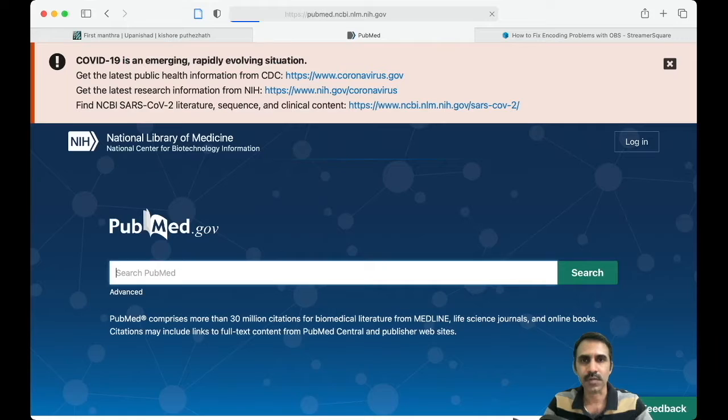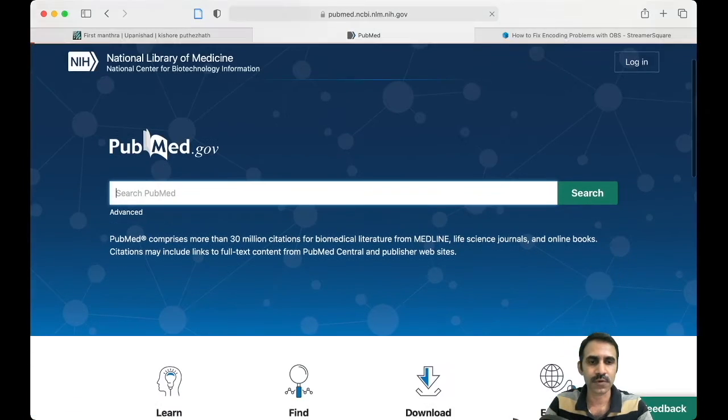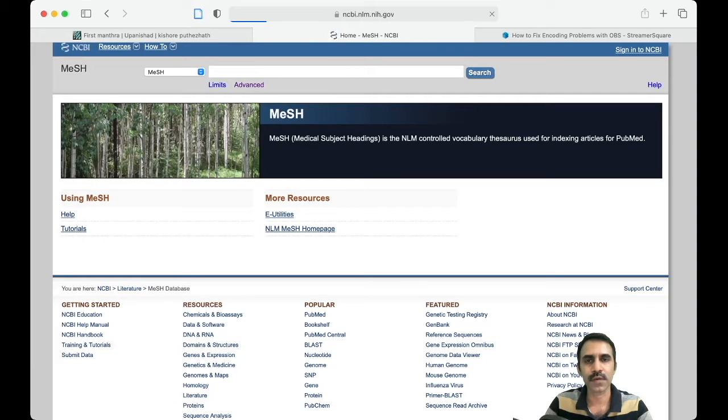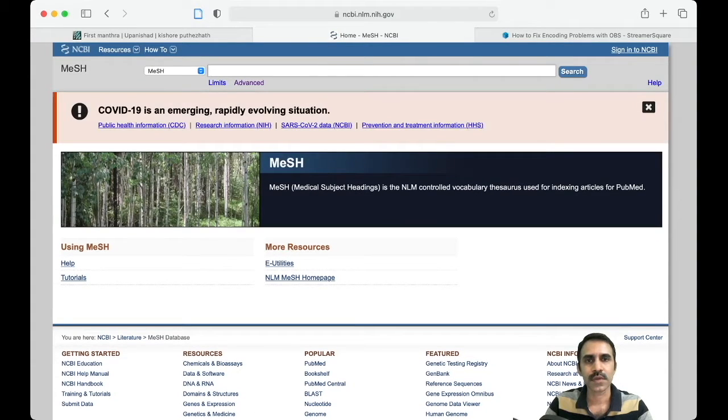When you go to PubMed, if you scroll down to the left lower quadrant, you can see a MeSH database tab. If you click on that, you can search for the MeSH term for a particular common term.